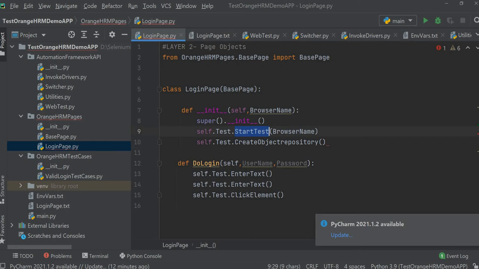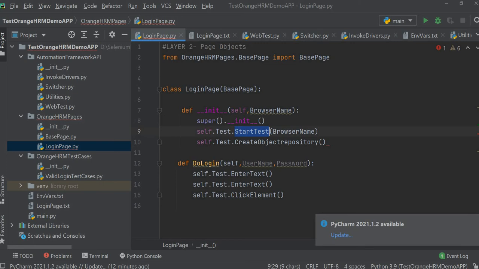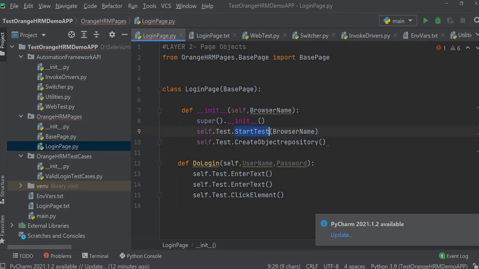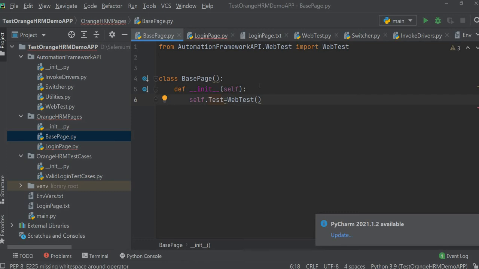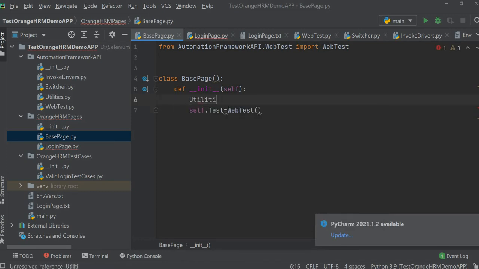So here in our login page class, here is our base page. This constructor is going to get called first, right? So I would say utilities. I'll explain the flow, don't worry.